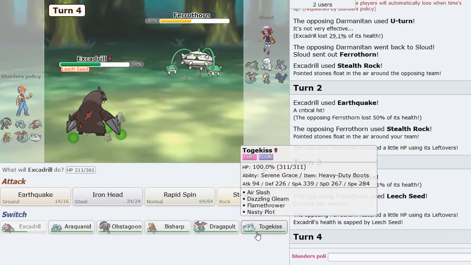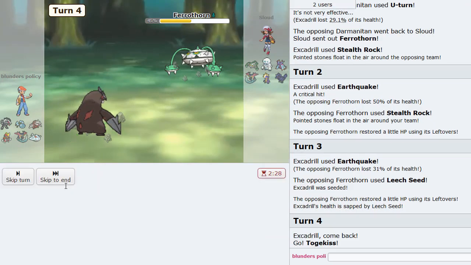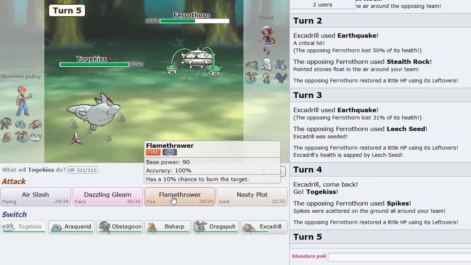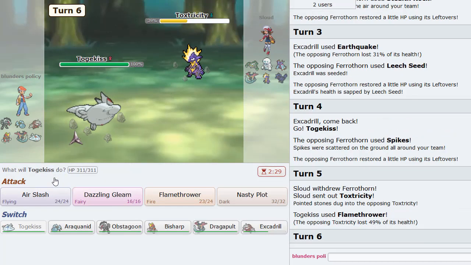So he Leech Seeds me. I can just go Togekiss now. He might protect here. Actually, no, he spikes. He straight up spikes versus me. But a Flamethrower from this is going to do a chunk of damage to that. And then we can just go here into...